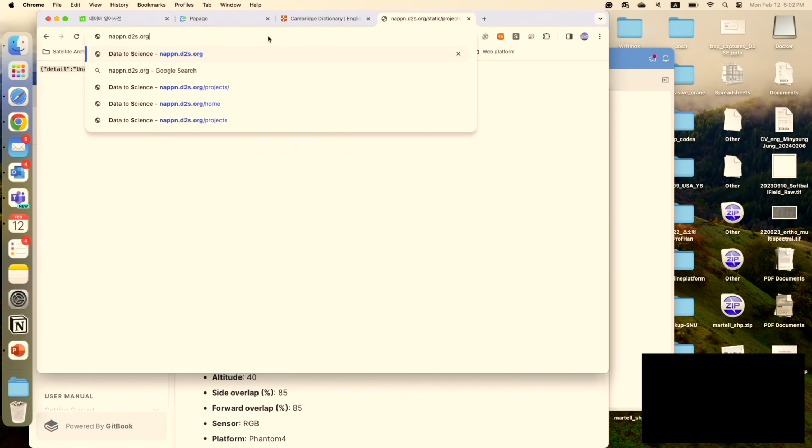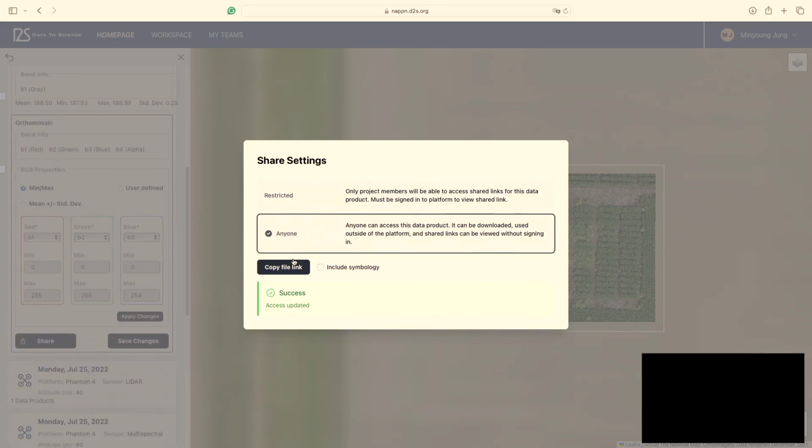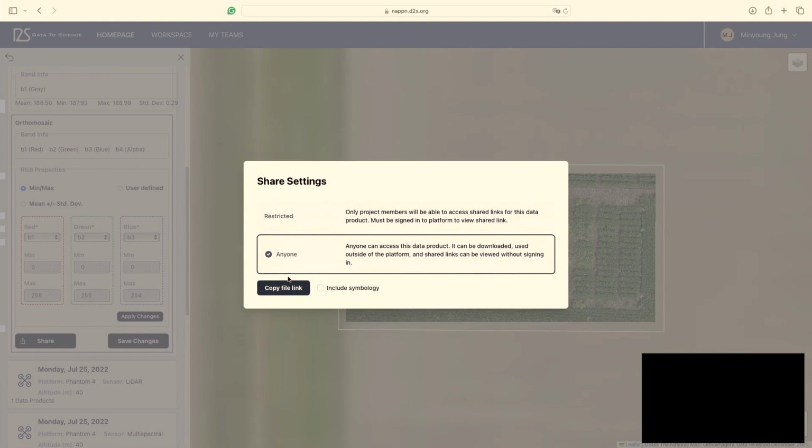So you haven't logged in. So, yes, restricted: even though you share the link, that person cannot see it. Right, okay, so you have to click anyone. Okay, let's try anyone. Sorry for that. Okay, copy the link, and with this link anyone can